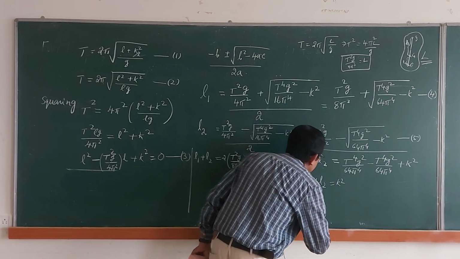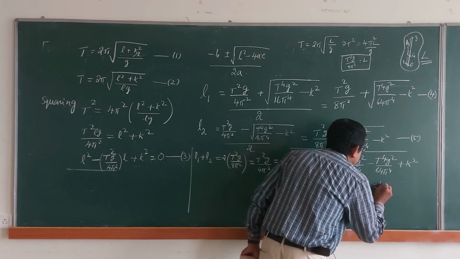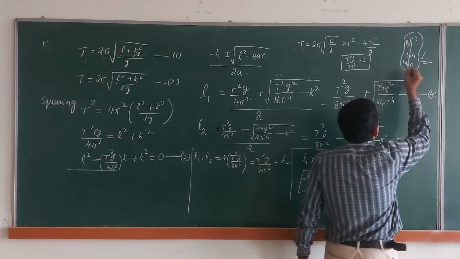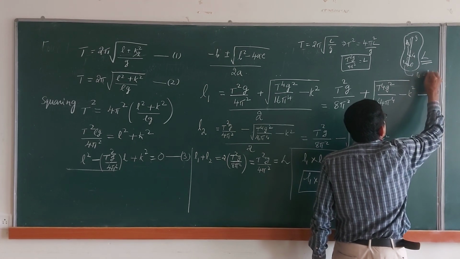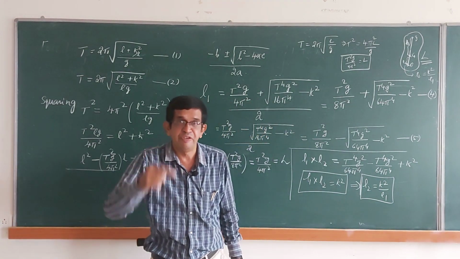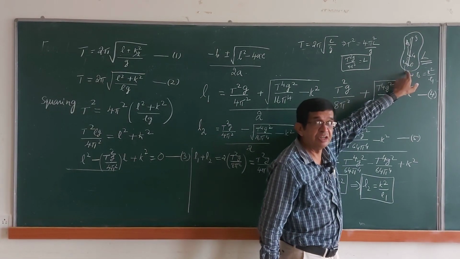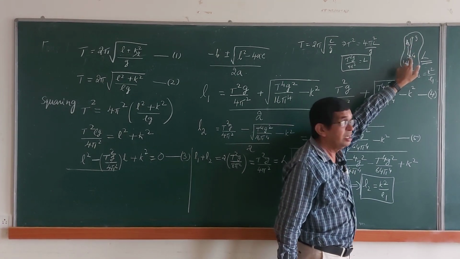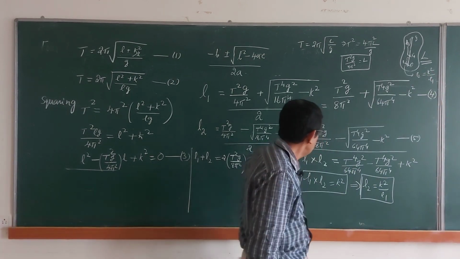That is equal to k square, or this implies L2 is equal to k square by L1. Therefore, if we say this is L1, what is the value of L2? L2 is equal to k square by L1. This we have already discussed in the first class. If the length is L, the distance between the center of gravity and the center of oscillation becomes k square by L. If this distance is L1, then this distance L2 becomes k square by L1, or simply L1 into L2 is equal to k square.